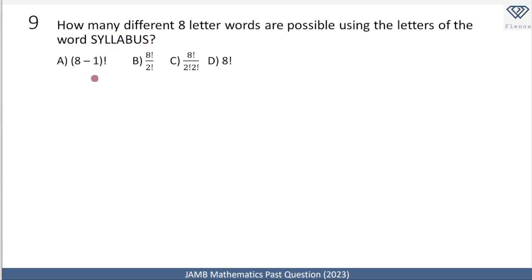Now, we're going to use permutation because the order does matter. For example, the word syllabus is not the same thing as the word YSLLABUS, although they both consist of the same letters. So in this case, the order of the arrangement does matter, and that is why we're going to make use